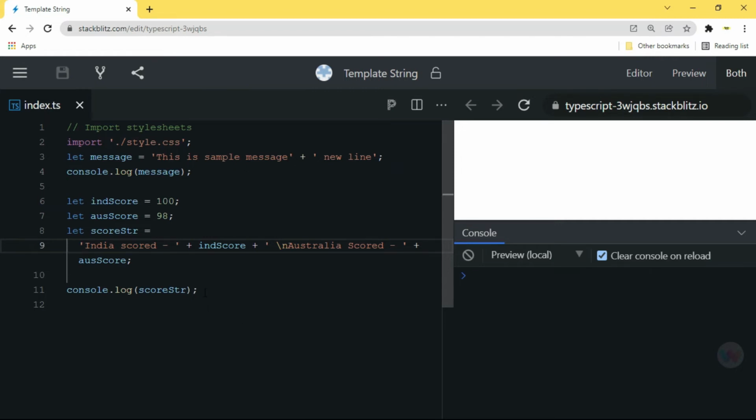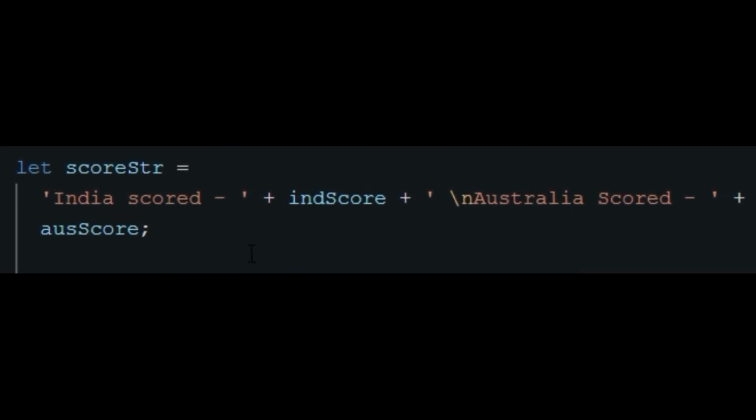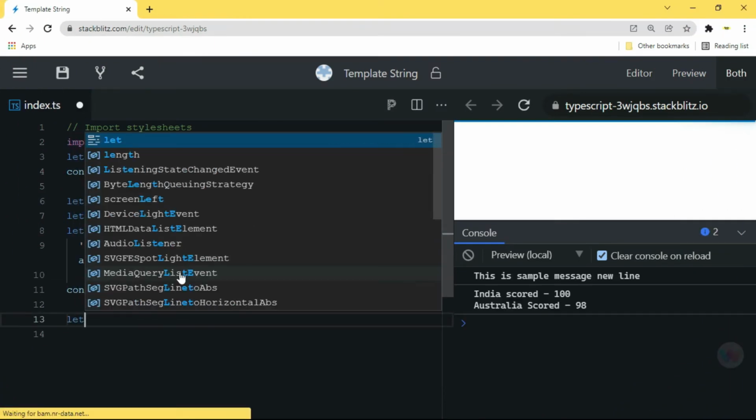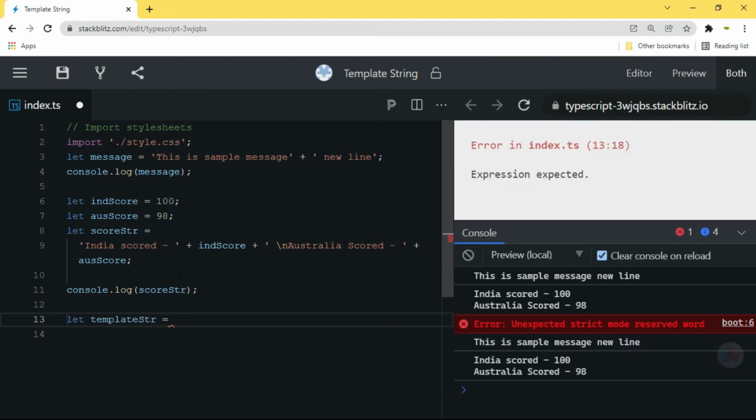And in order to create a template string, we just have to create it using a backtick that is above the tab button on your keyboard. Now, if I want to print this value on multiple lines using the template string, I'll simply write it like let. Now I'll use the backtick and